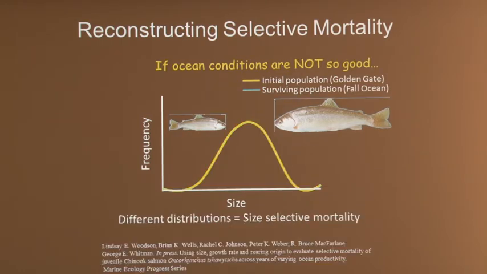And essentially what they found is that during years when we know survival was bad, based on coded wire tag recoveries, and what we think are poor ocean conditions for salmon, small salmon entering the ocean do very poorly. And during years of good ocean conditions, they all do relatively the same and probably better, presumably. They must be doing better. So we see this shift in the size distribution over the season during these poor years.